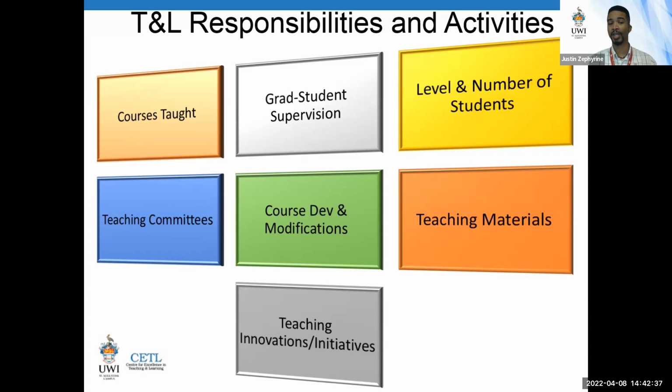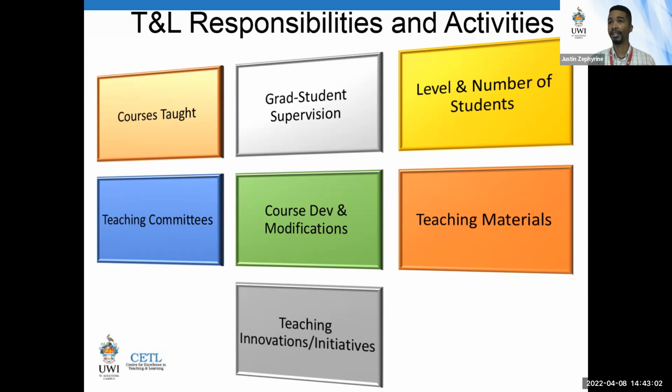And then there are instances where you might just have 50 students. So the kinds of practices that you could do in both cases would vary. What sort of committees you are on, whether it's a curriculum committee or faculty curriculum committee, the teaching materials, and what sort of course modifications and development.